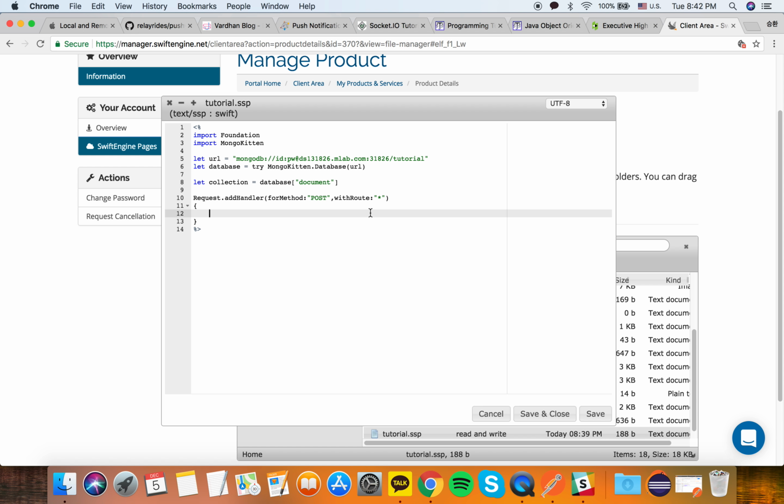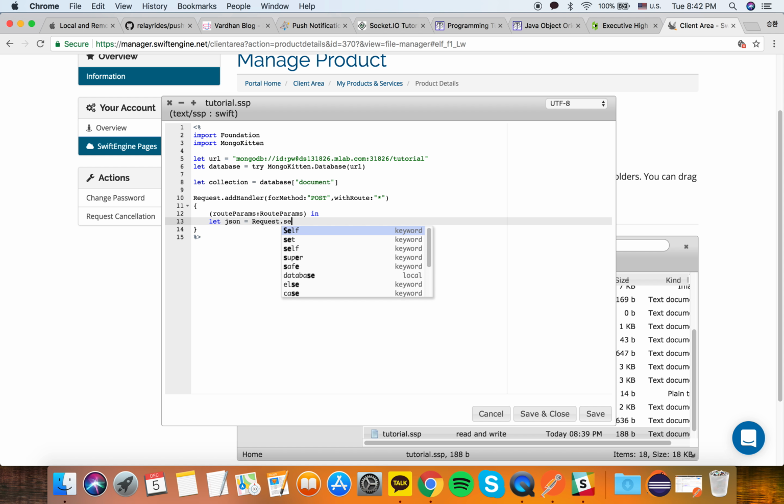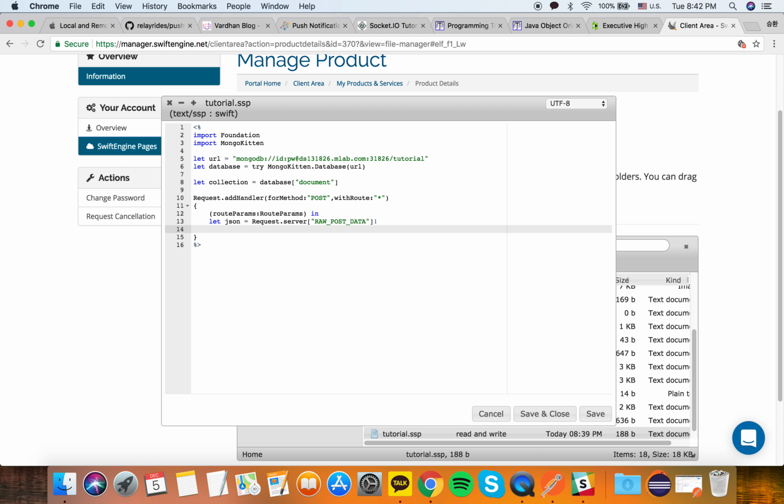So first thing is to type this, route, params in, let JSON equal request.server.rawPostData. So what this line does is basically, when you request a post method, you're going to put some JSON documents into it, right? This will find if there's any raw post data and then just give it to the JSON data if it exists. And then what we're going to do is var document